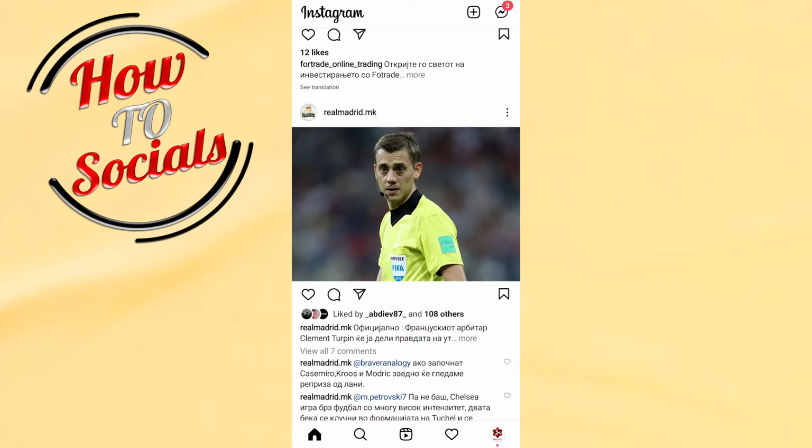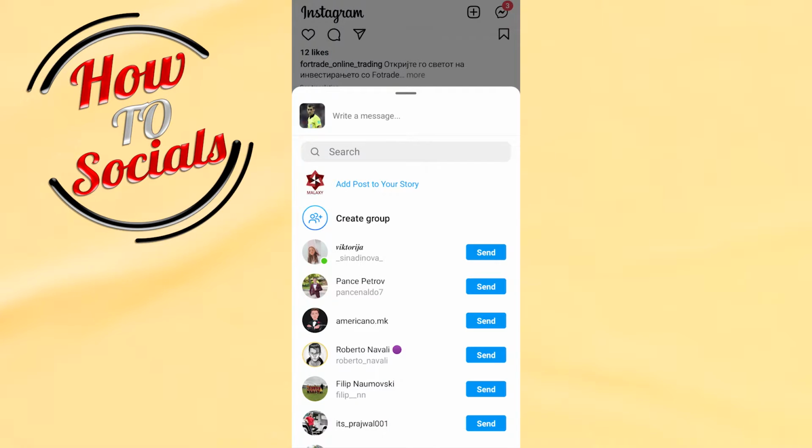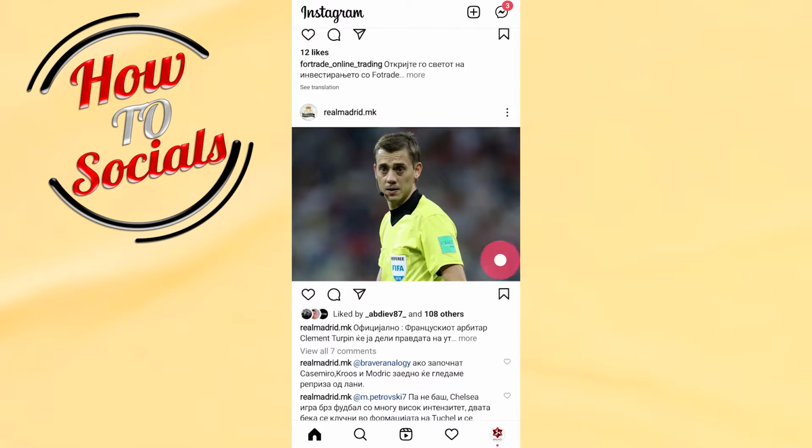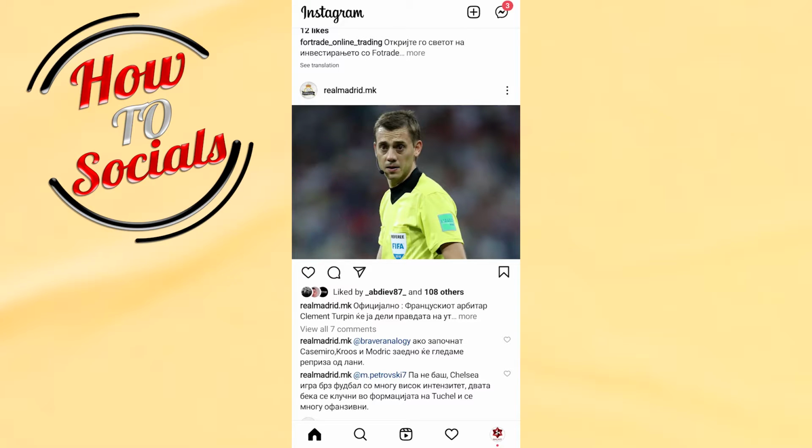Now if I go on the share button on the third side here, as you can see I have an option for adding post to your story, but I don't have an option for reposting to my Instagram feed site. Now what I need to do is just simply take a screenshot of this photo right now,